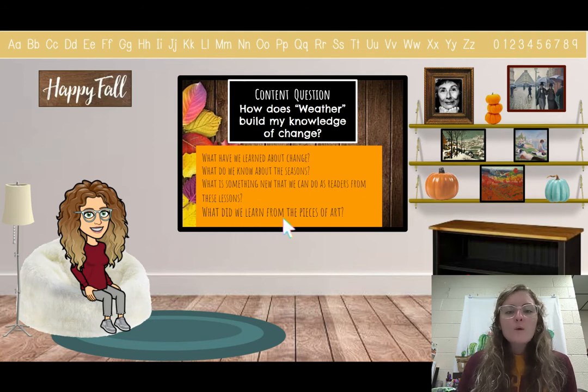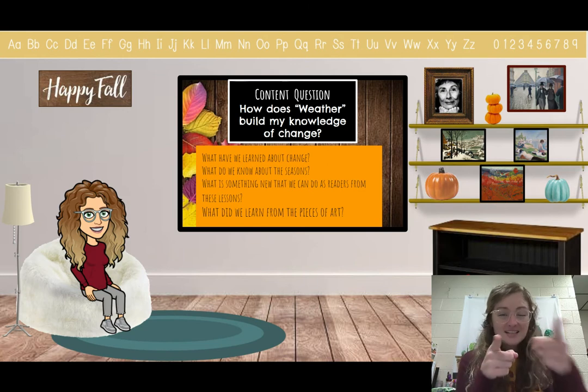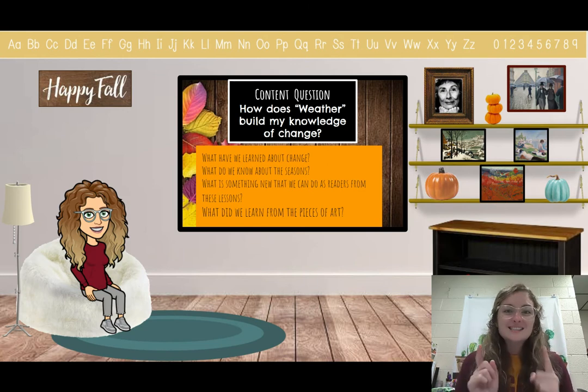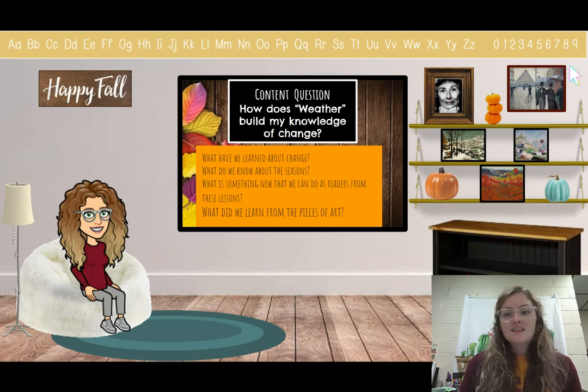And then what do we learn from the pieces of art? So here are our 4 pieces of art. And this one I'm not going to have you answer because you're going to be doing an activity with Seesaw with art. So what is something that we learn from the pieces of art? They all talk about what? They all talk about different